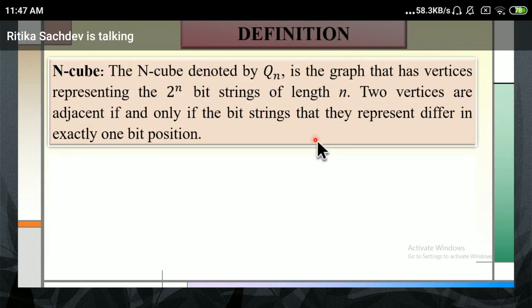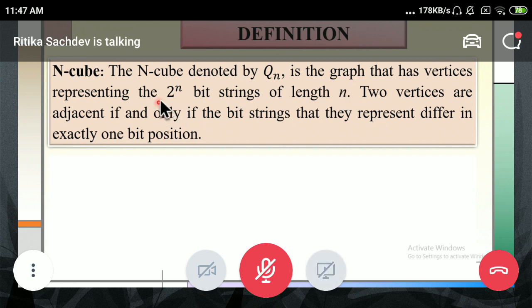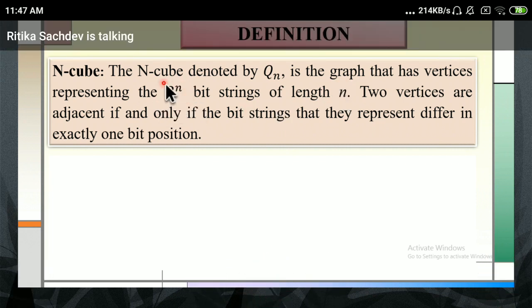Now, this is very crucial from your computer science point of view. N cube. What is that n cube? The n cube denoted by Qn is the graph that has vertices representing the 2 raised to n bit strings of length n. Now, what do I mean by this? This says if n is 1, there will be 2 raised to 1